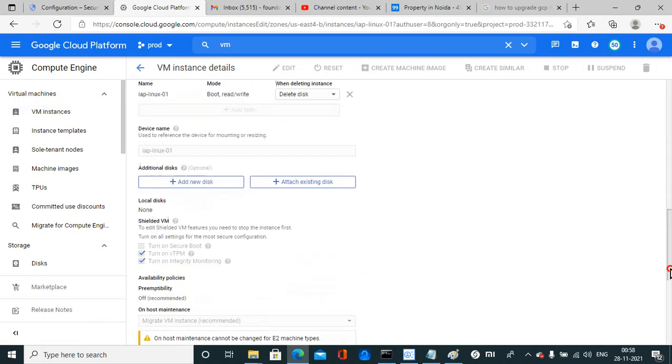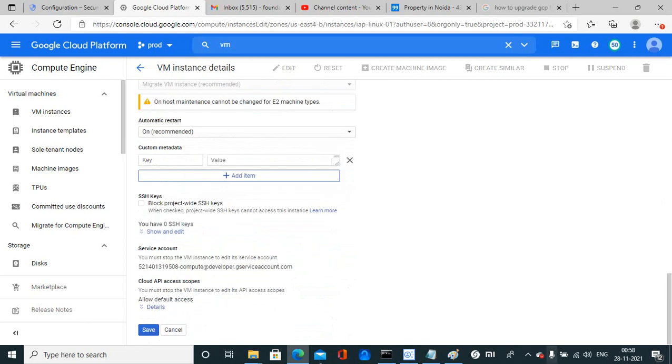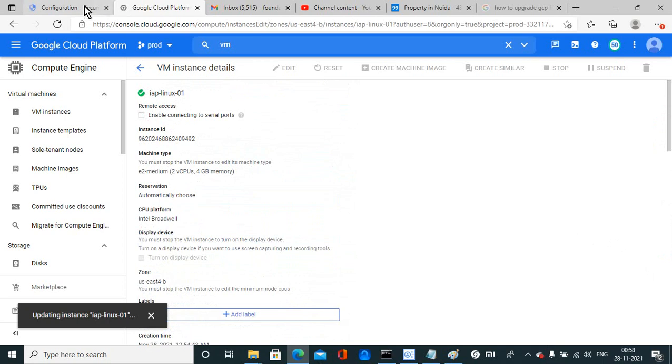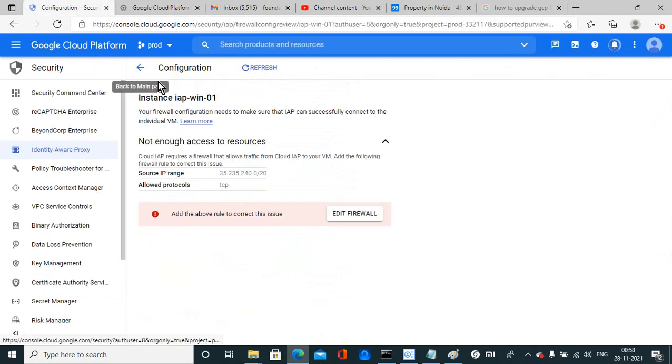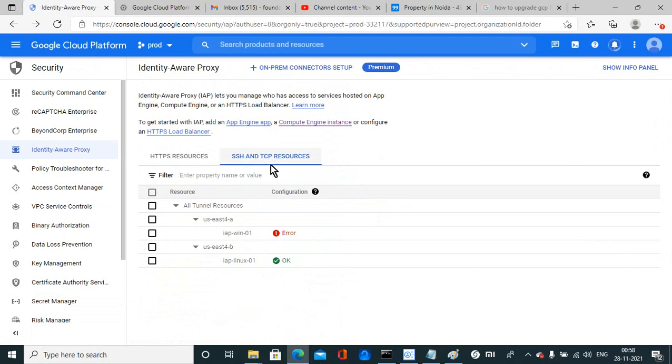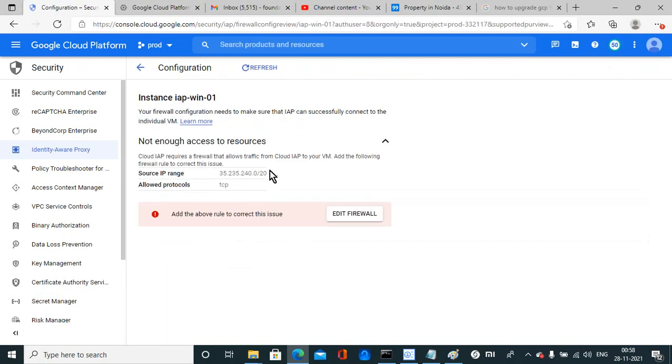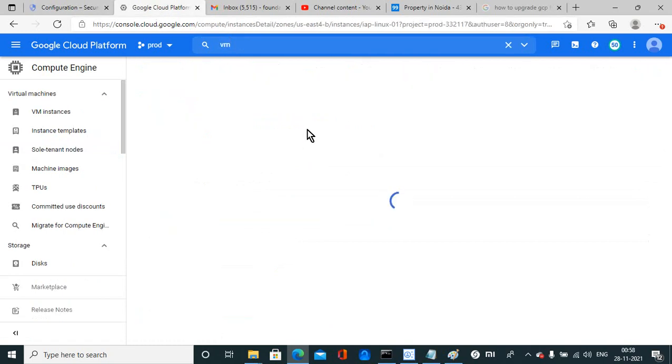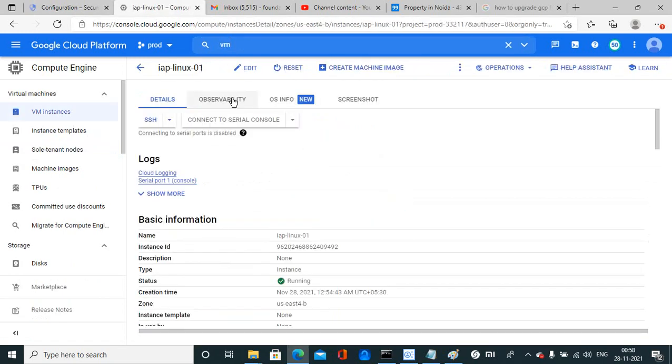Okay, save it. Once you save it, the first machine is a Linux one, so what you will get here is showing green. For Linux one we have created, and now I am editing this for the Windows machine.